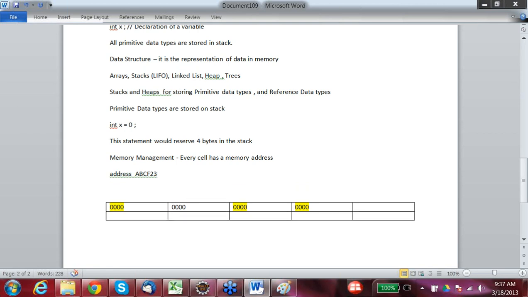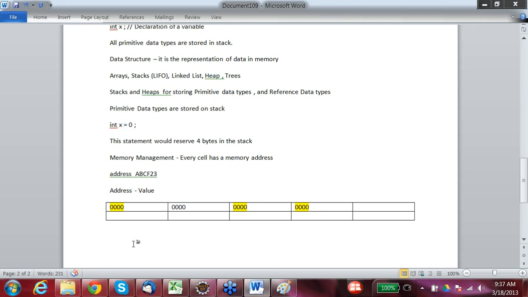And this would be accessed by the address which is referenced by this variable. Your operating system creates a table which maps the address with the value. So when it tries to access this particular address, it will give the value. You can read the value at that particular address as 0. So this is what we actually meant by declaring.